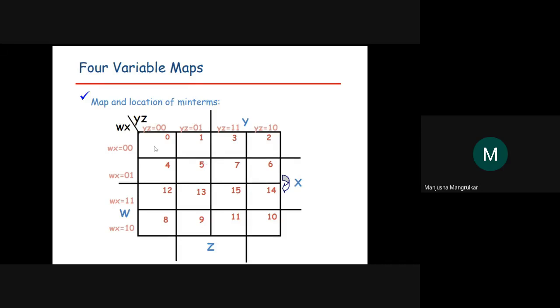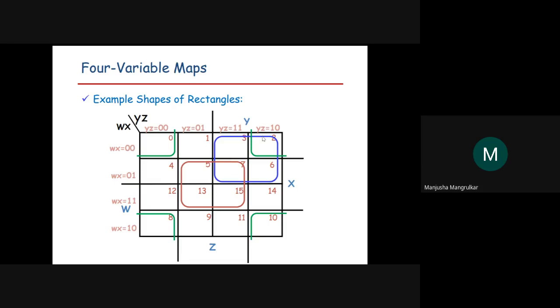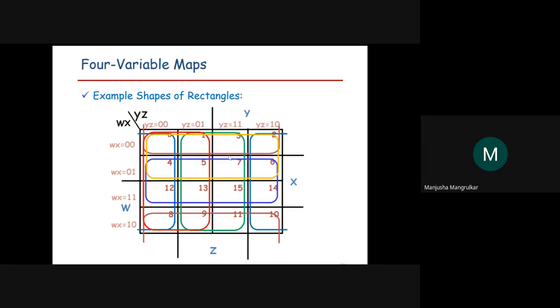So this is a group of four. How can you do the grouping into fours? This is your one group. You can do it this way. First, we can see that all these green corners can also be one group, right? This in-between grouping you can also do. This grouping you can also do. So possible maximum groups of 4.